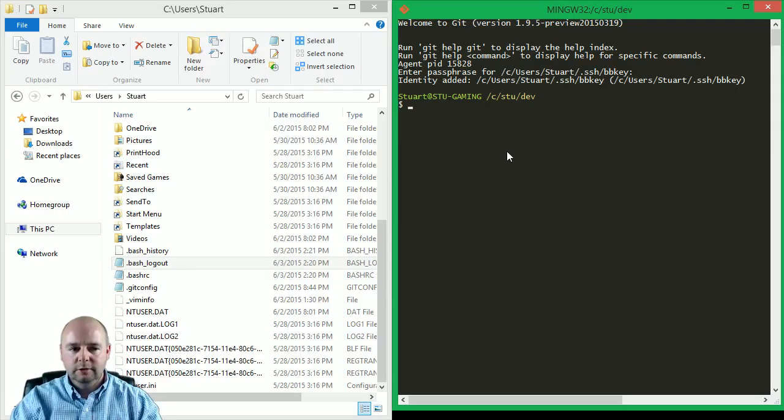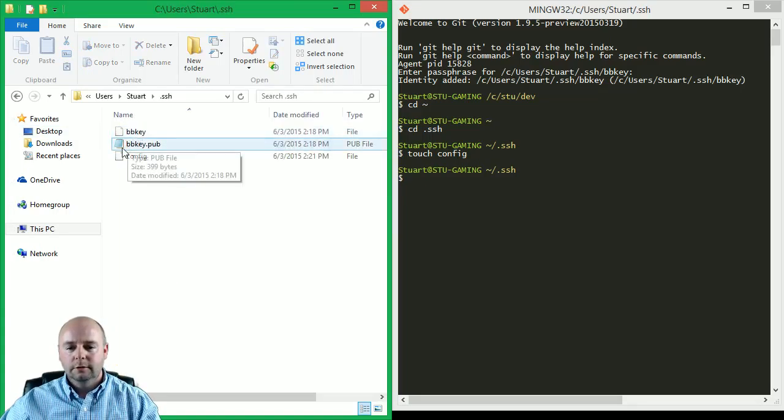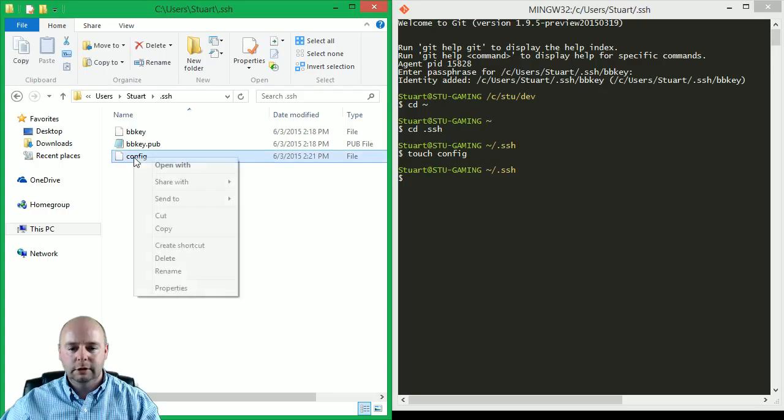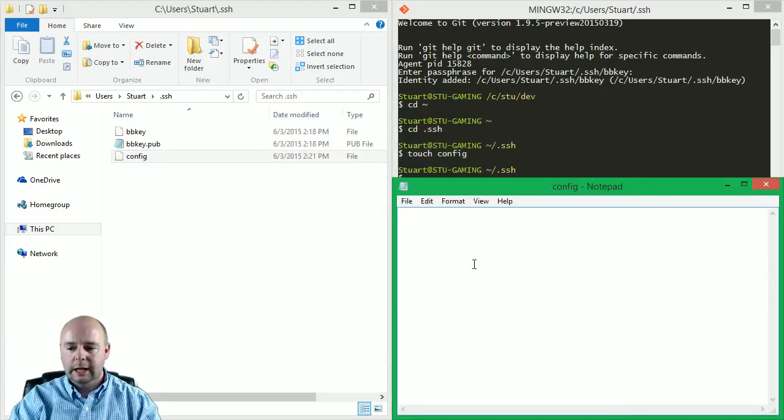The last thing we need to do is to go into our home directory and .ssh and touch a file called config. Config is a way for us to specify which SSH key to use with which host. So if we navigate in Windows Explorer into the .ssh directory and then edit that config file, we can enter